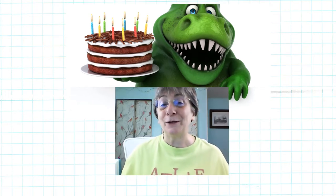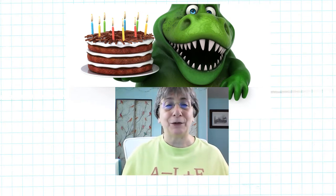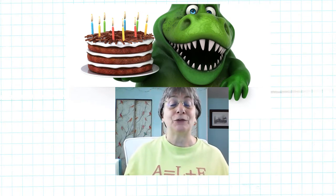Today, I want to talk about the difference between taxable fringe benefits and de minimis fringe benefits, like this cake